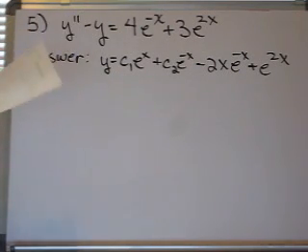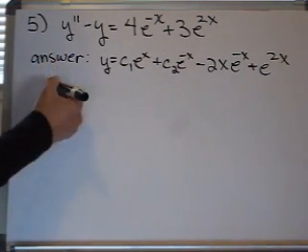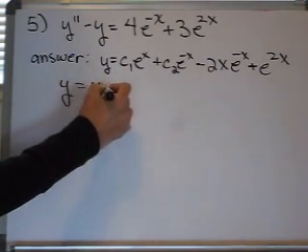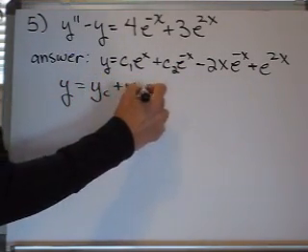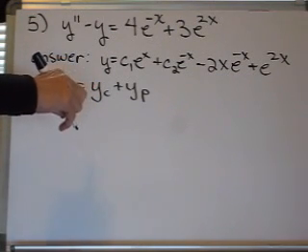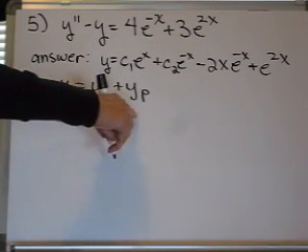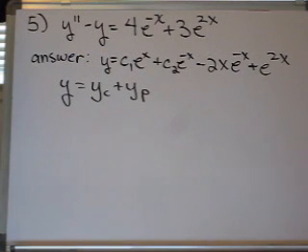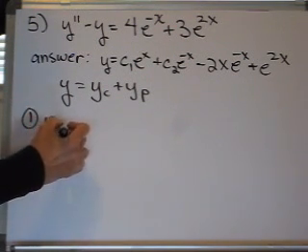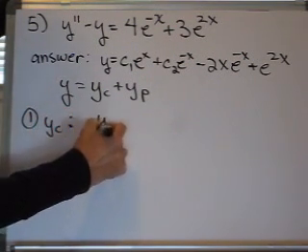a good exercise. So the first thing you have to do when you're solving this type of differential equation, well, we know we want the general solution. So it's going to look like the complementary solution plus the particular solution. Remember, the complementary solution is the solution to the homogeneous differential equation, and then you just need a solution to the non-homogeneous differential equation. So let's get the complementary solution first, and that's going to involve the homogeneous version of